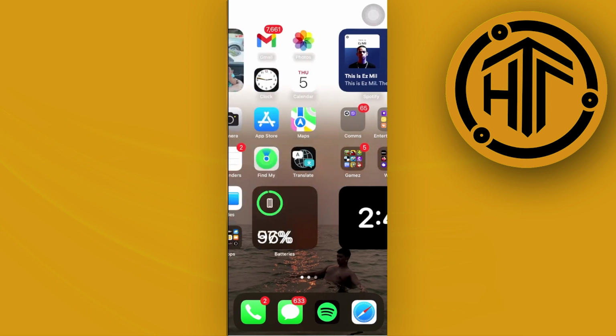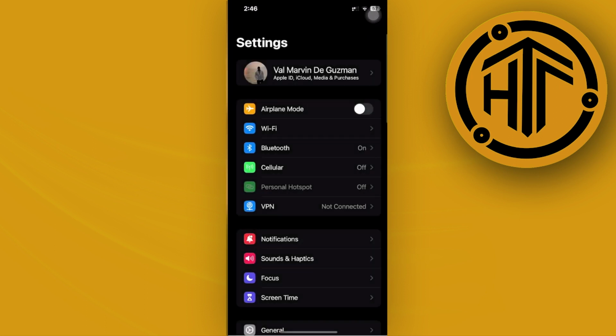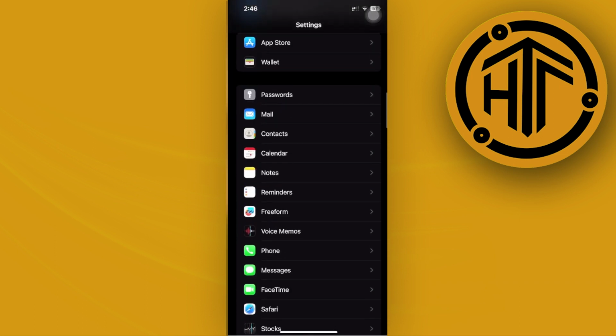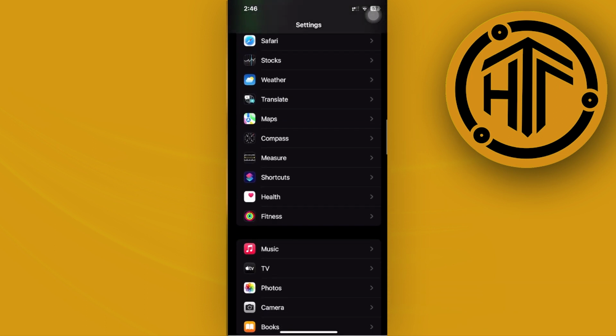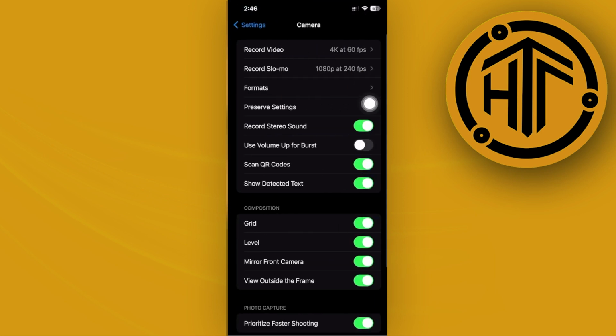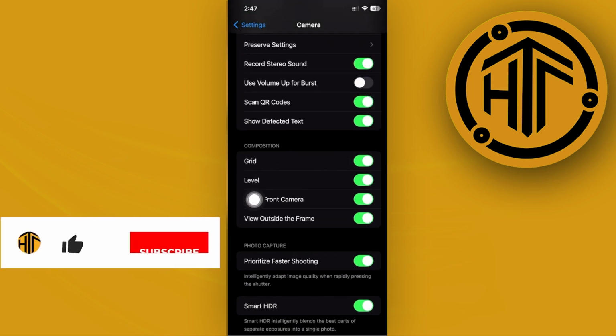Alright guys, so what we need to do first is to launch the settings option. Next I would like you to scroll down until you see the camera application on here and see its settings, and I want you to tap on this option called level. Now I would like you guys to have this enabled, and once that is done, all we need to do